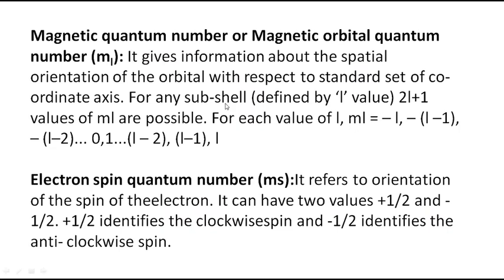Okay. Next, coming to the magnetic quantum number. So now you know what is the principal quantum number, is it not? The notation is n. So n can have the values 1, 2, 3 and 4. And what about l? l is the azimuthal quantum number. What are the values of l? 0, 1, 2, 3 and 4. So 0 means S, 1 means P, 2 means D, 3 means F. So you know this. And how many orbitals each subshell can have? 2l plus 1 orbitals, is it not?